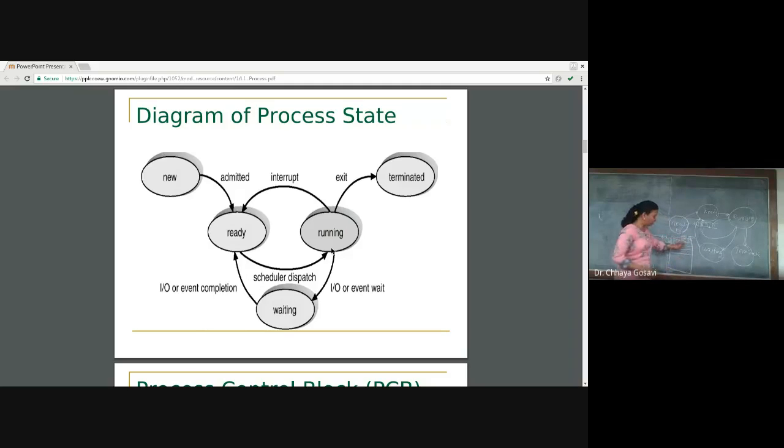From which memory location you have to read the value of A, and where to put this value into B, you should know all memory locations initially. So the process is loaded into main memory; that is new. When all the addresses are resolved and everything is ready, then it is ready state. When the operating system assigns this process to execution, and the CPU is executing these instructions one by one, then it is in running state.